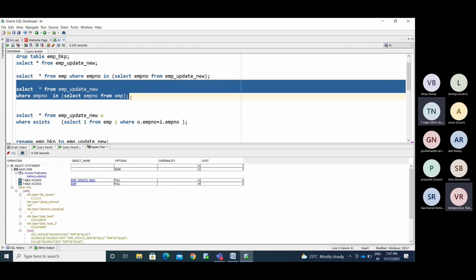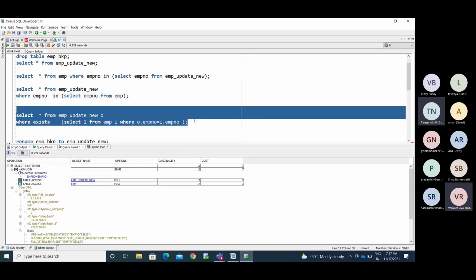Select that query and press F10. Cardinality is showing 11 and cost is showing 7, 11, 14, 3. Now I am running the same query with exists, and it shows 7733. So there is no difference between the two. Actually, the in operator and the exists operator give the same performance.